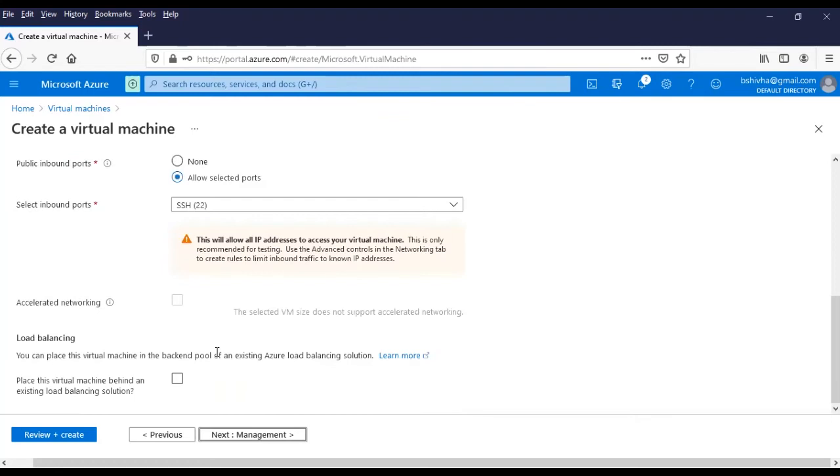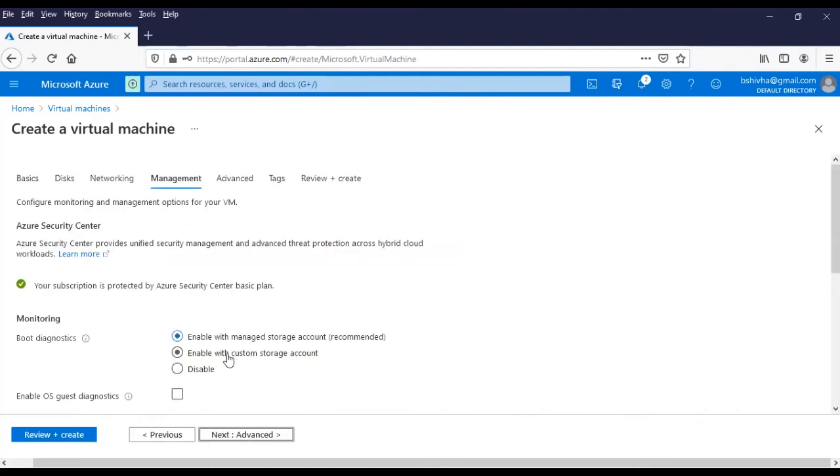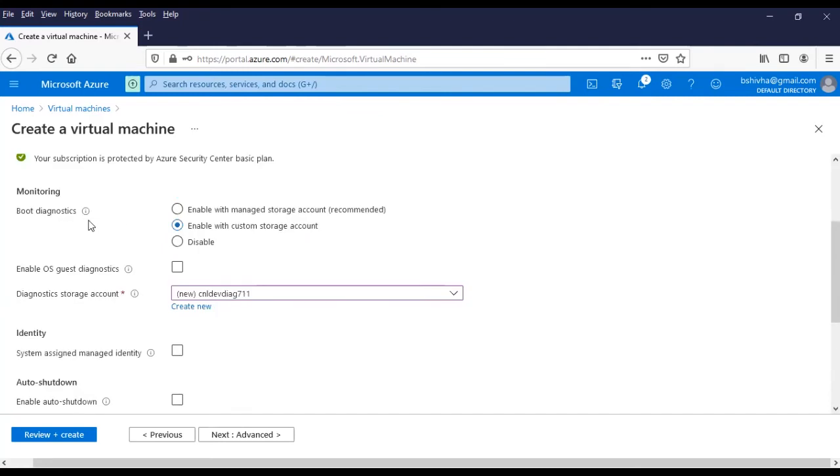Load balancing, you will see in a detailed way. So I'm just saying next. I'm going with a custom storage account because if you want more detailed boot diagnostics in your infrastructure, it is always advisable to go with custom storage accounts.